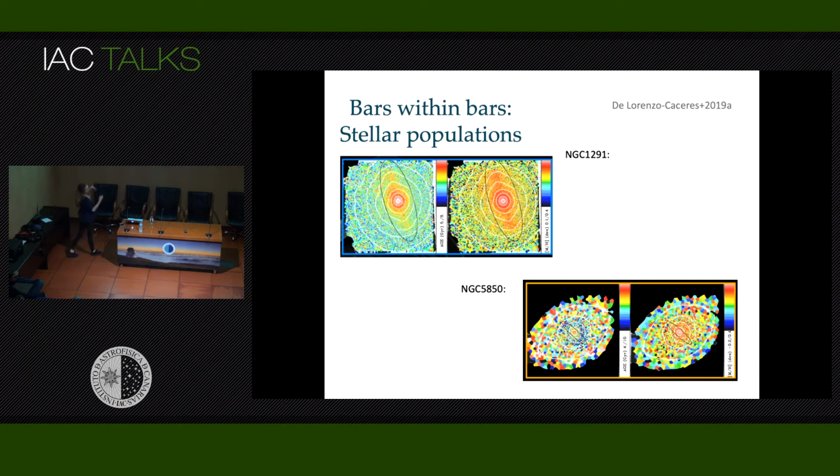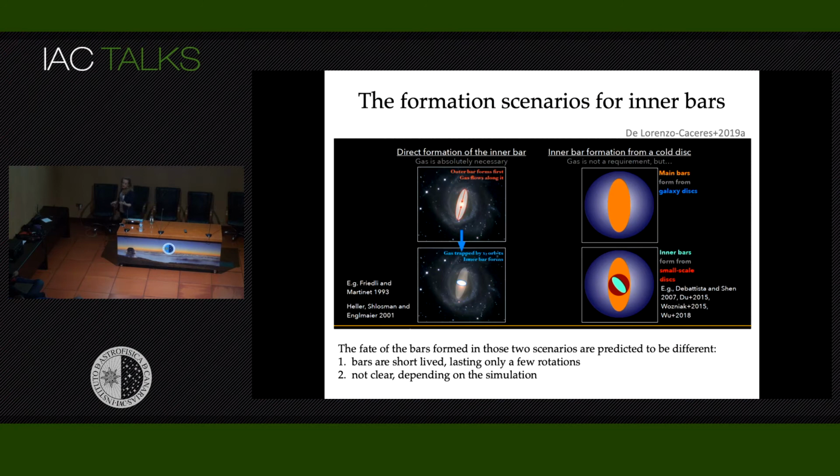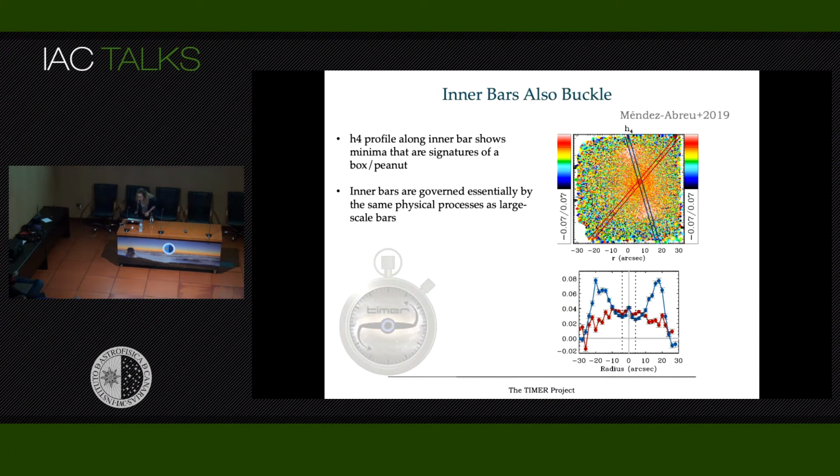But also, using the data from another galaxy and the study of the stellar population related with other properties of the galaxy, she can convincingly say that inner bars form like the main bars, by first forming an inner disk that gets unstable to bar formation. Well, not only that, Jairo Méndez Abreu found for the first time, using TIMER data, that these inner bars can also form peanut